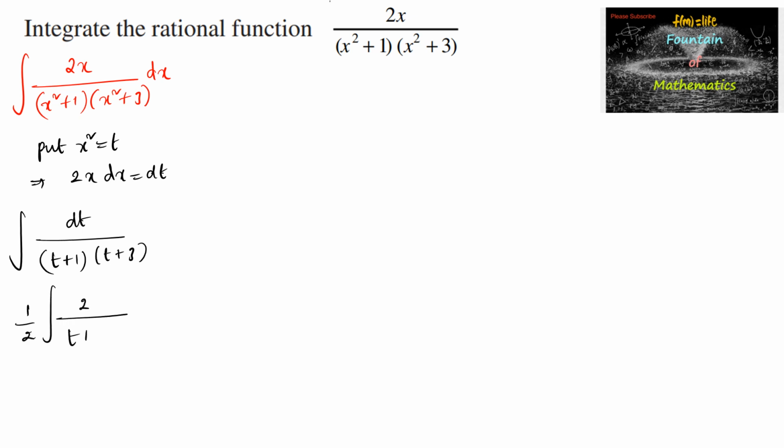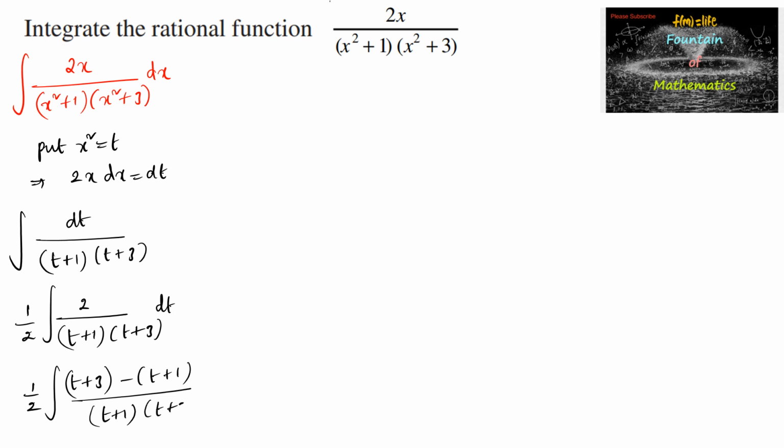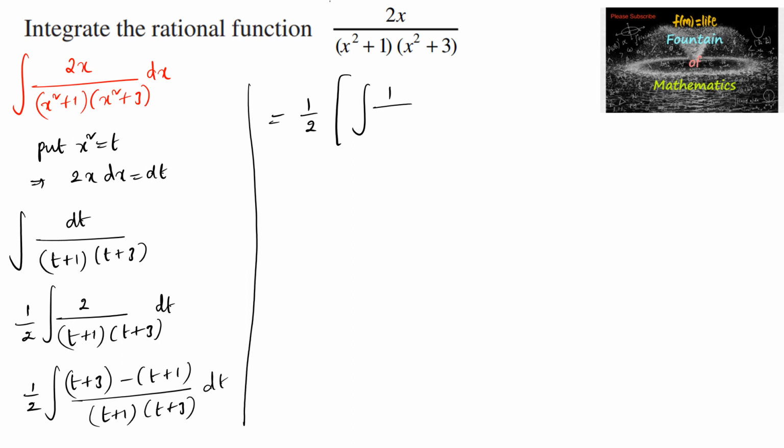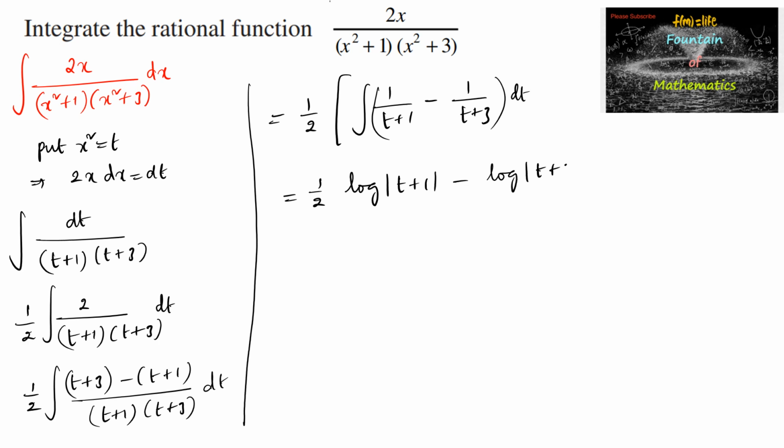So 2 upon t plus 1 into t plus 3 dt, or we can write 1 by 2 times integral t plus 3 minus of t plus 1 divided by t plus 1 into t plus 3 dt. So which is equal to 1 upon 2 times integral 1 upon t plus 1 minus 1 upon t plus 3 dt, or 1 by 2 times integration of 1 upon t plus 1 is log mod of t plus 1 minus log mod of t plus 3